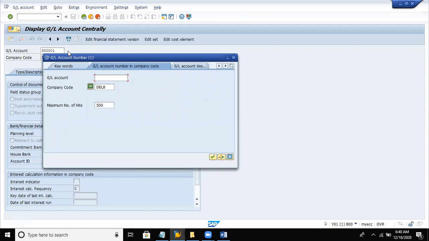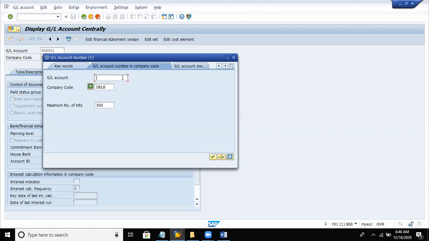It would be asking you for some filter data. So the company code we have to update. Otherwise, we would be having a display of all the unrelated entries to our company code, all the 500 unrelated entries. But if you filter it with your company code, then we can view only the data which is updated in our company code.